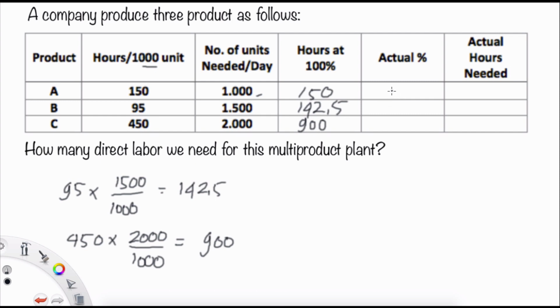The actual percentage will come from the manager of the plant production, and I will give the information here. The actual percentage here is given information, as in an exercise, and it can also be obtained by measuring your actual performance or based on historical data. And then the actual hours needed will be